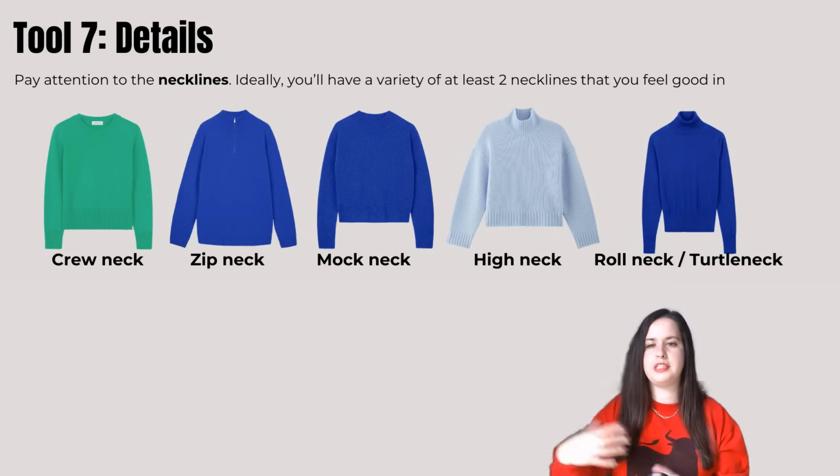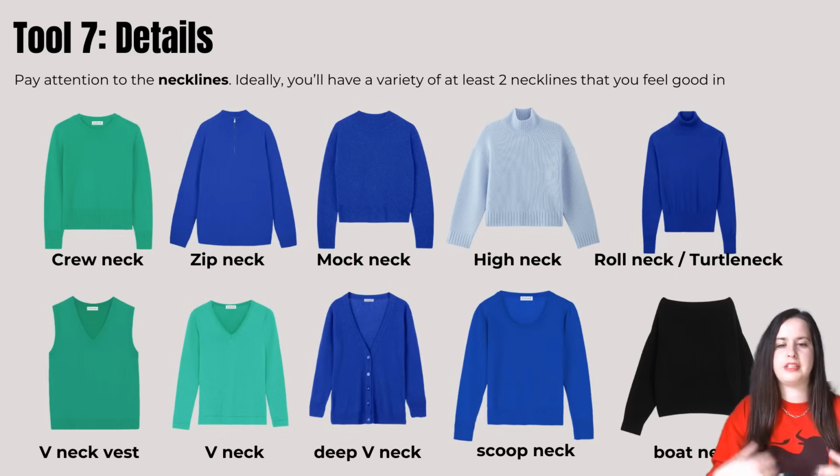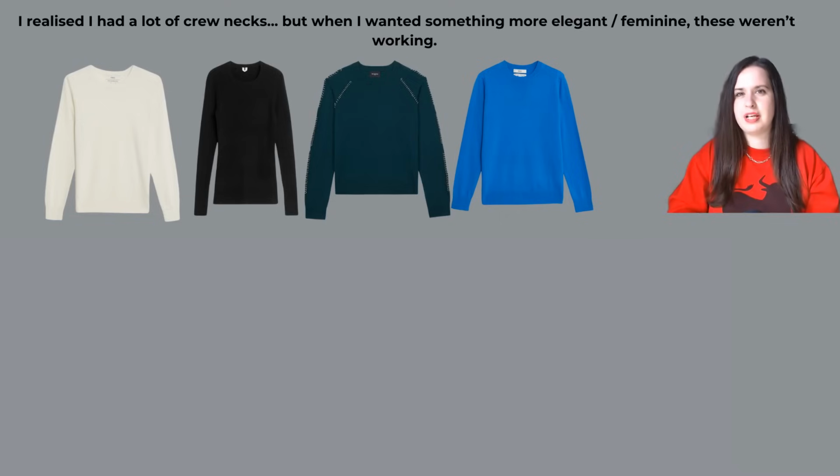So in here, you can see we have the more closed ones, so crew necks, zips, mock necks, high necks, and roll necks. But we also have V-neck vests, tops, and deeper V cardigans. We also have the scoop neck and the boat neck, and they're more open and create visual interest. And so for me, for example, I realized that most of my jumpers were actually crew necks, which wasn't very